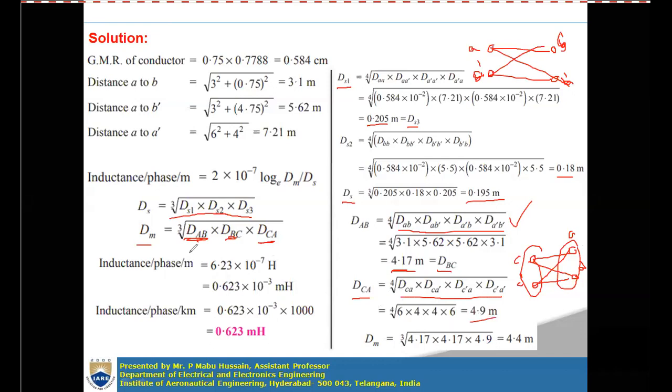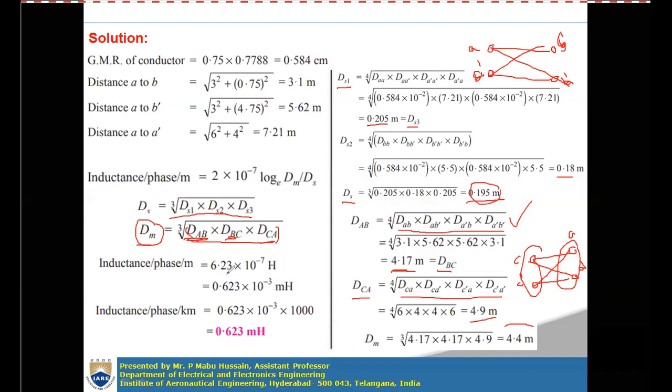Now you have all the values DAB, DBC, DCA. If you substitute all these in this problem, you will get the DM value. That DM value is 4.4 meters, right? And the DS value here is 0.195 meters. Now if you substitute these two values in the inductance equation, you will get the inductance per phase per meter as